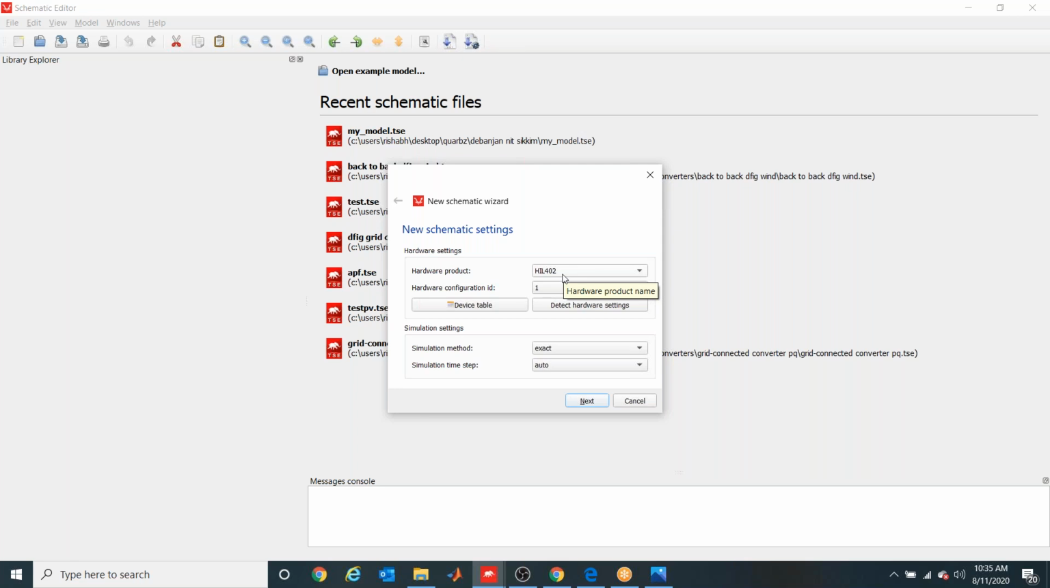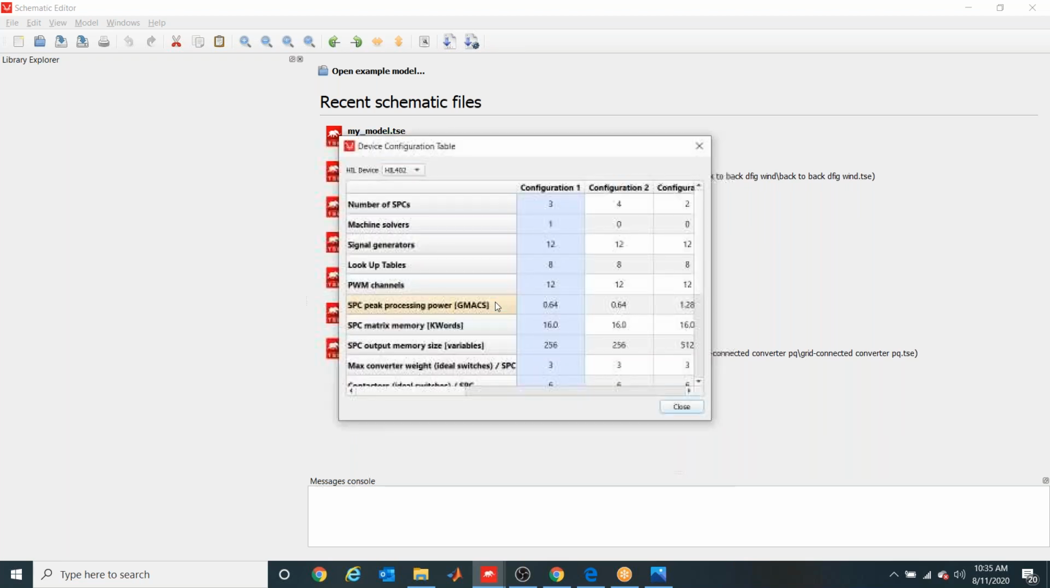If you know the complexity of the models and how to work on it, you can just click over here and select the device as per your choice and develop your model. Okay. So first of all, I'll go with HIL 402 and next it is asking for the hardware configuration ID. If you want to know more about this hardware configuration ID, then you need to click on this device table,